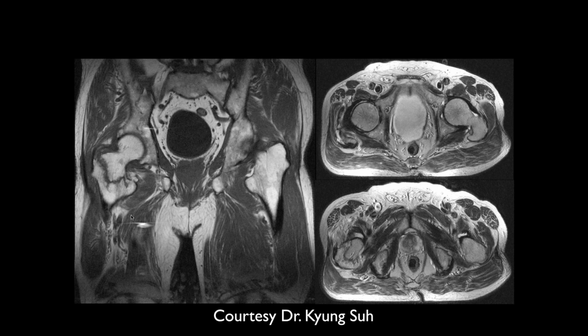And here we have the corresponding MRI, and we can see that linear decreased signal extending from the greater trochanter to the lesser trochanter, although there's no definite cortical breakthrough on the lesser trochanter, but this is compatible with a fracture. Yeah, so this is a bit comminuted,